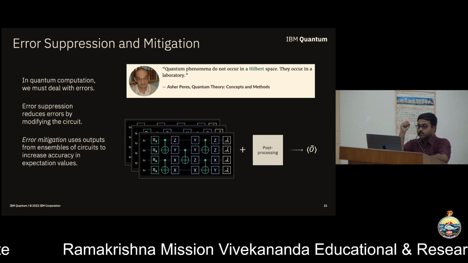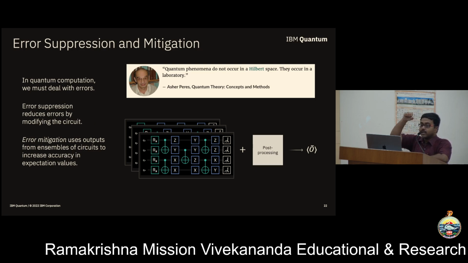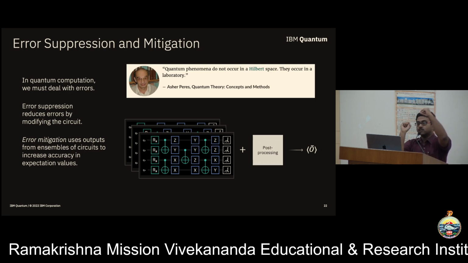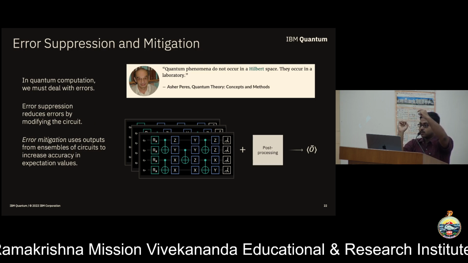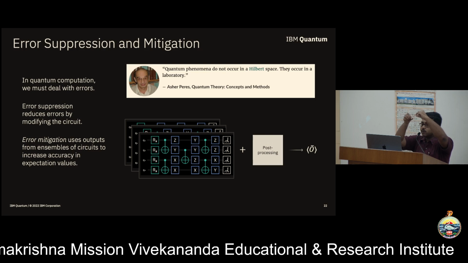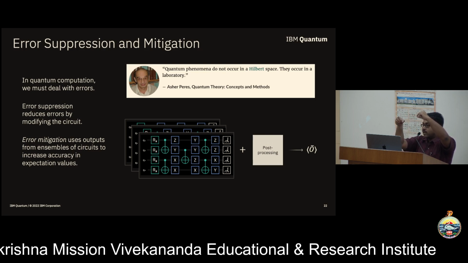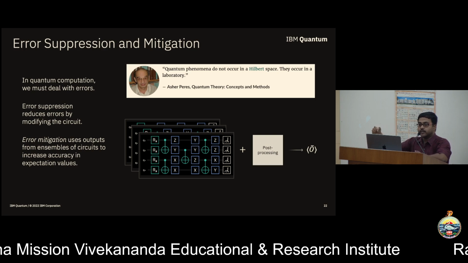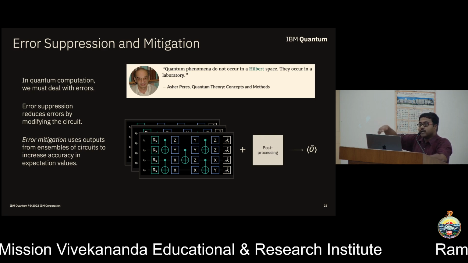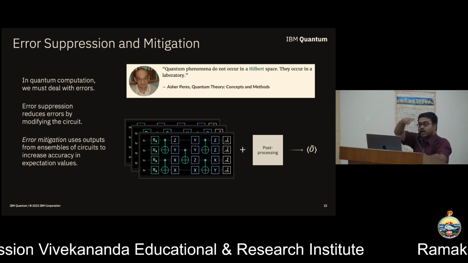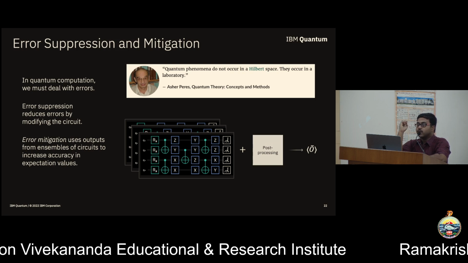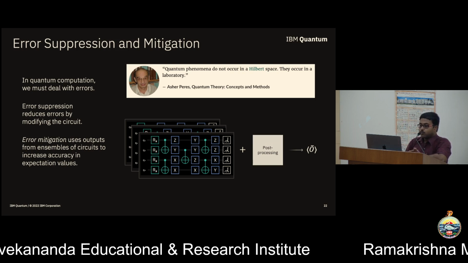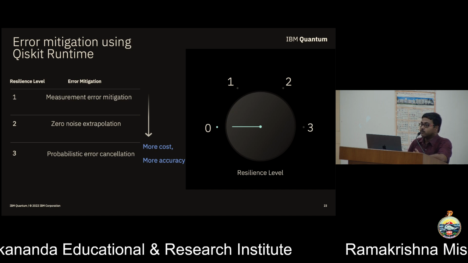Now what they will say is, think of it. When you are putting the gate 1 time, you have some result, which is not perfect. When you have 3 times, you have a worse result. When you do 5 times, you have an even worse result. You have some statistical data. Now do an extrapolation and try to find out what will happen if there were no noise. This method is called zero noise extrapolation, one of the methods to do error mitigation.